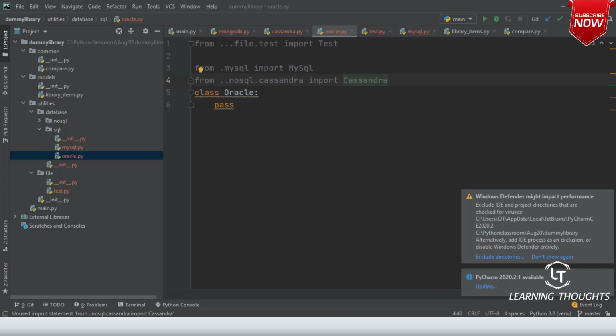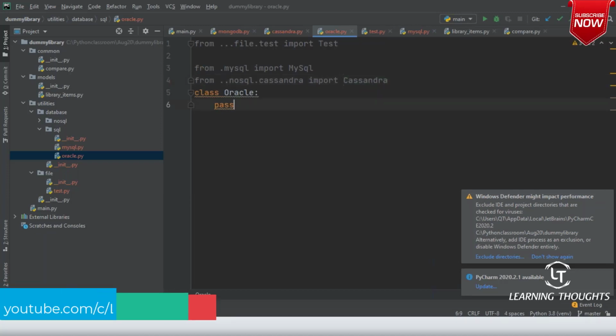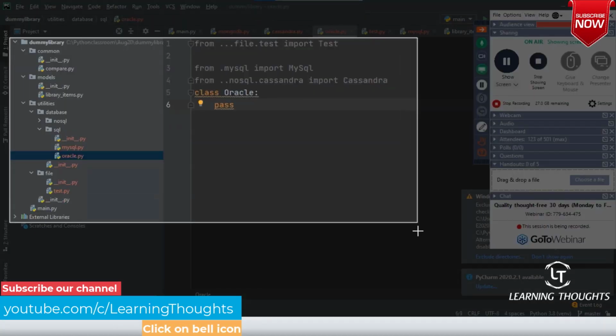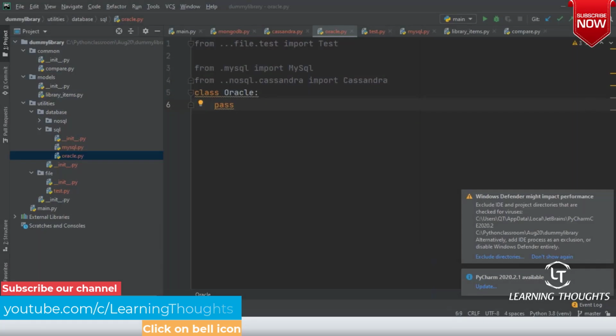Are we clear on this, sir? This is relative notation in Python. Am I clear, or is this sounding confusing? Anyway, I'm going to share this code, so please have a look at that, but I'll be sharing the image of this file, so that you can basically recollect everything.